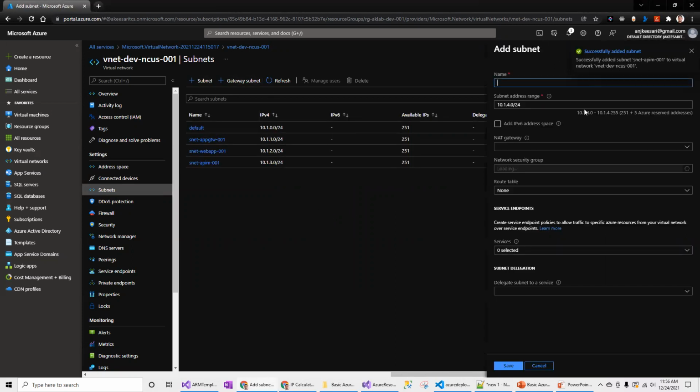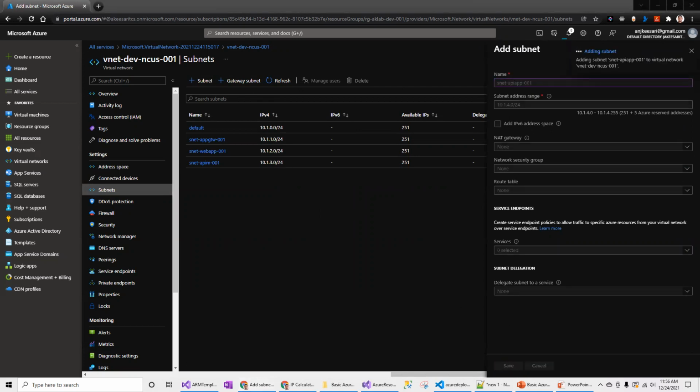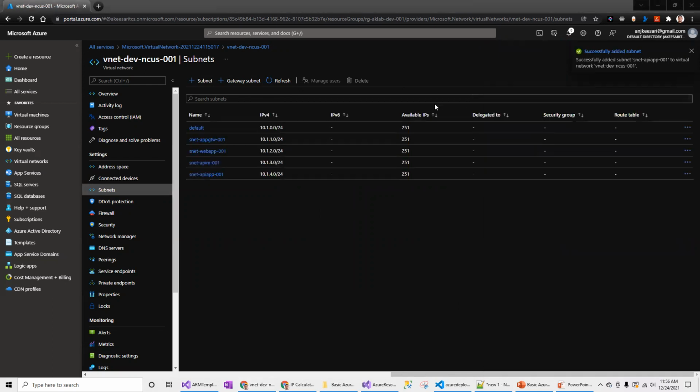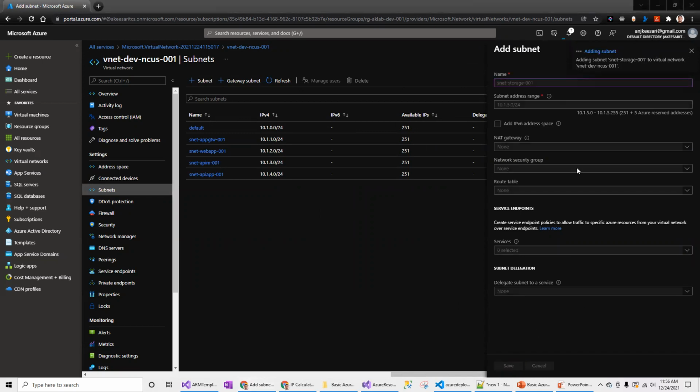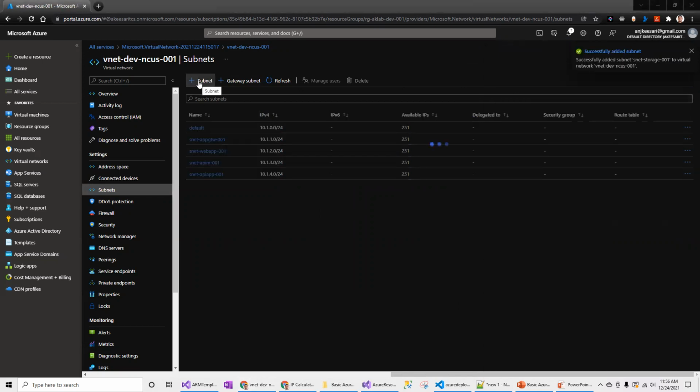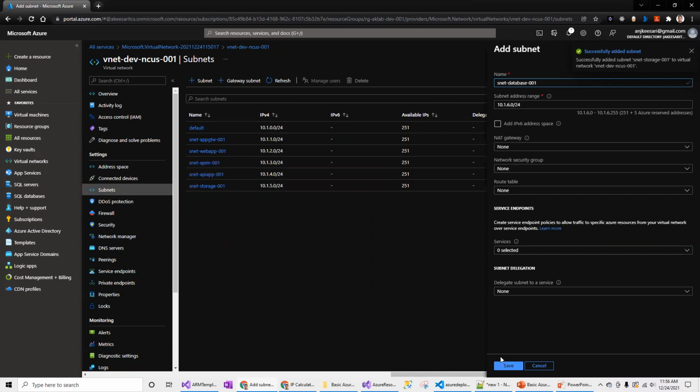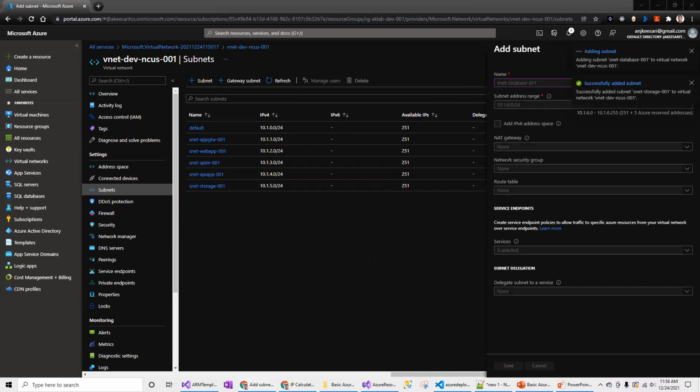The third one I'm going to have for my app tier, which is by default coming up with the number. I need one more for the storage account. I will create one more for the database.